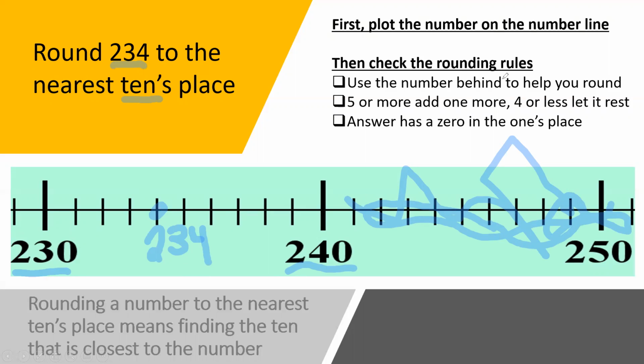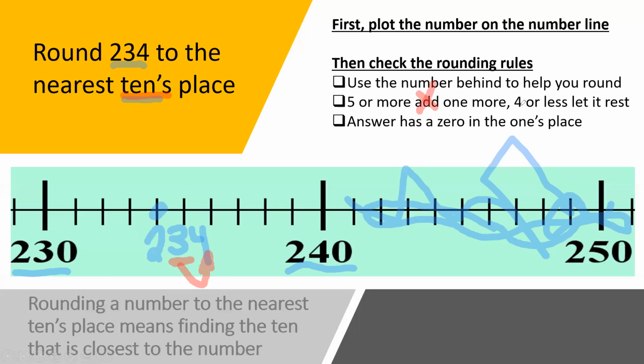Use the number behind to help you round. So we are rounding 234 to the tens place. So tens place, let's look behind it. That's a 4. And then next rule, 5 or more, you add 1 more. Is this 4 more or less than 5? It's less. So we're not adding,